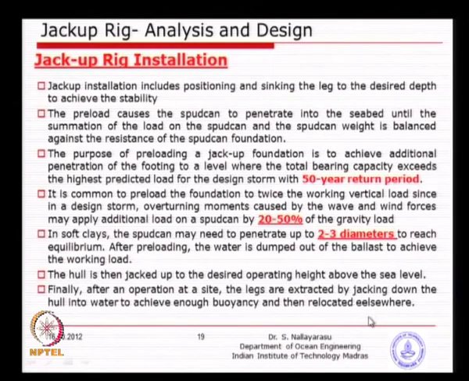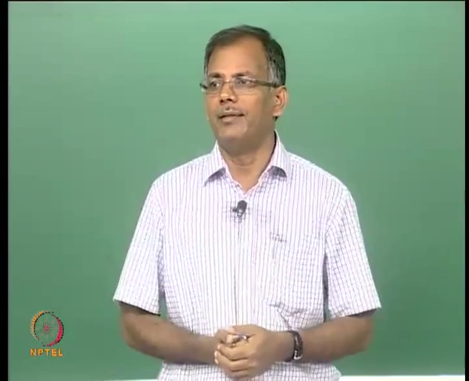How do we install a jackup rig? I think is a very simple exercise. The first thing is positioning with respect to a particular location. If you are doing a drilling in appraisal well, no jackets, no structures are existing. So, basically you will mobilize the jackup rig at that place, no other structures in the vicinity, then there is no worry, because positioning becomes easier.